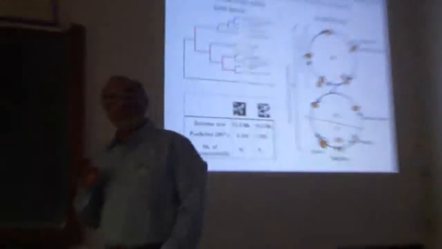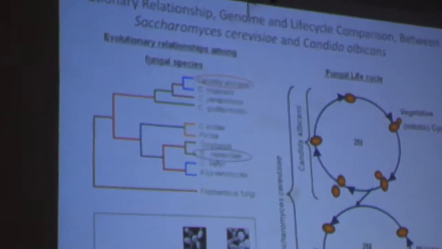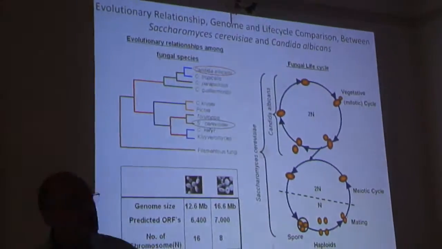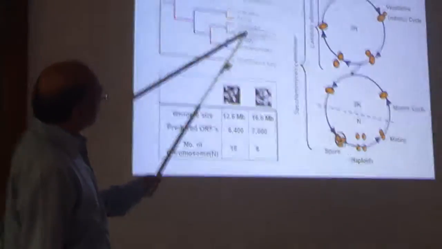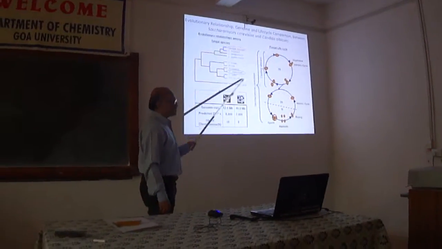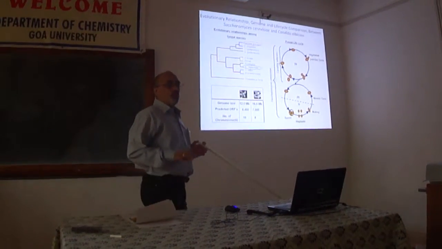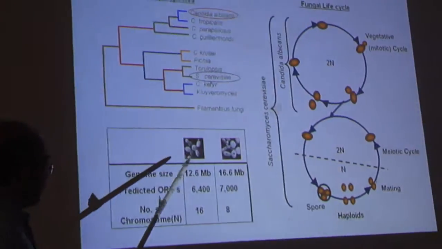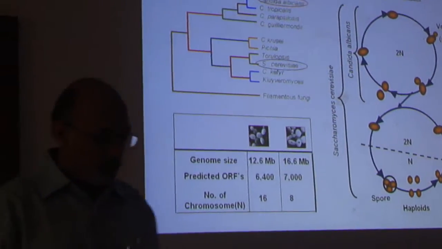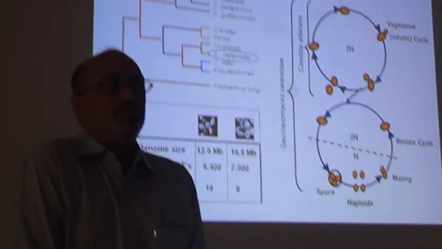Okay, so Saccharomyces cerevisiae is a budding yeast, and evolutionarily, Candida albicans and Saccharomyces cerevisiae are not very closely linked, although both of them are budding yeasts. Their genomes, and you may know Saccharomyces cerevisiae. What is the peculiarity of the Saccharomyces cerevisiae genome? You know,